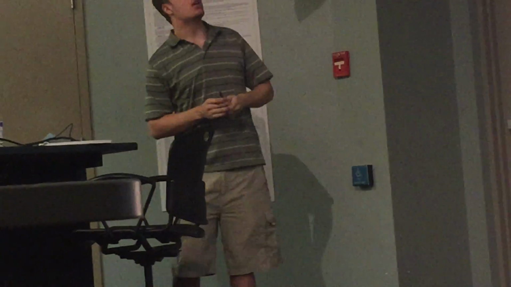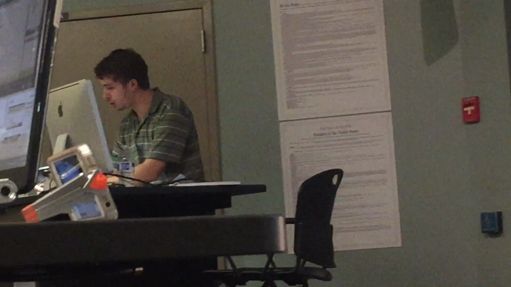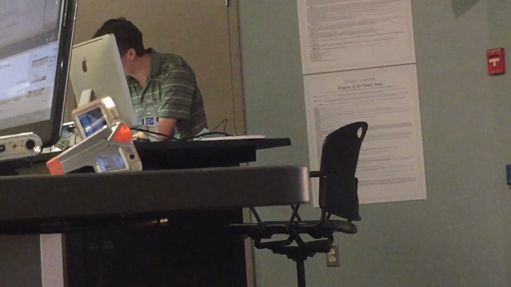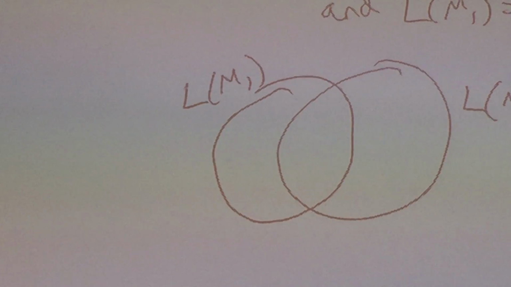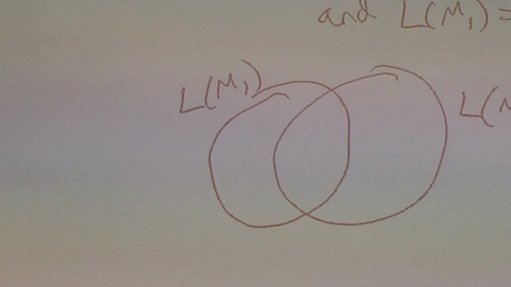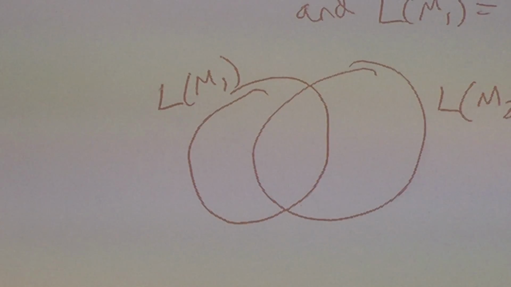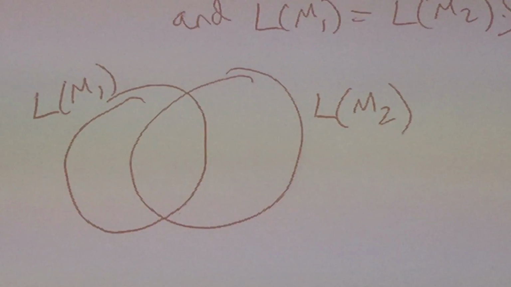Well, I don't know whether the two languages have anything in common at all. Maybe they do, maybe they don't. But let's just assume that they have something in common. So let's treat this as the first circle is L of M1, and the second one is L of M2. Now I want to check, are the two circles representing their languages the same circle? How would I check that? Yeah, the intersection of the two languages they accept.